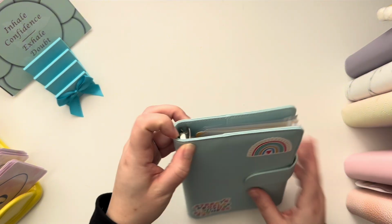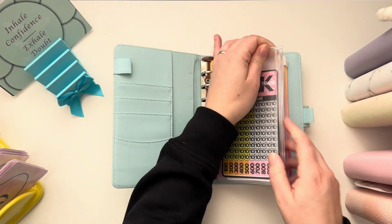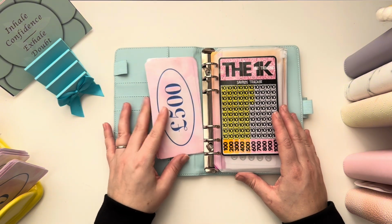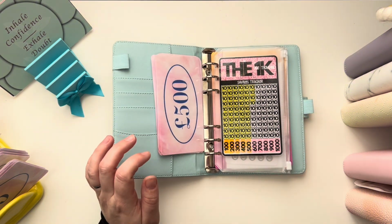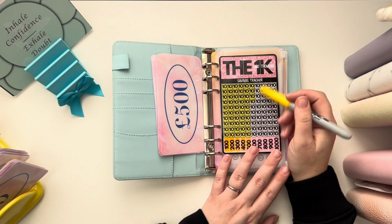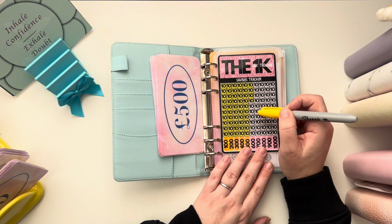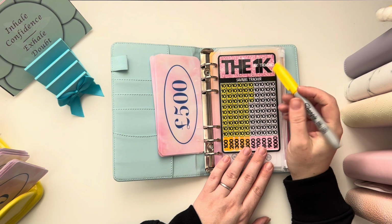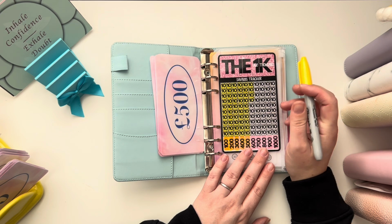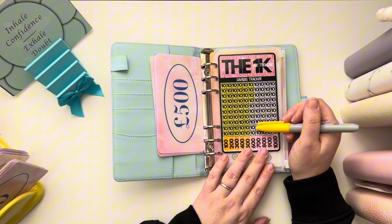Let's go into here. I really can't wait to rejig all of my binders. So the 1K, which is kind of our emergency fund to be used whenever, has had interest. So I've had £13.76 in interest across my Chase accounts and a couple of other little bank easy saver accounts, and then I've added another £10. So we're actually at